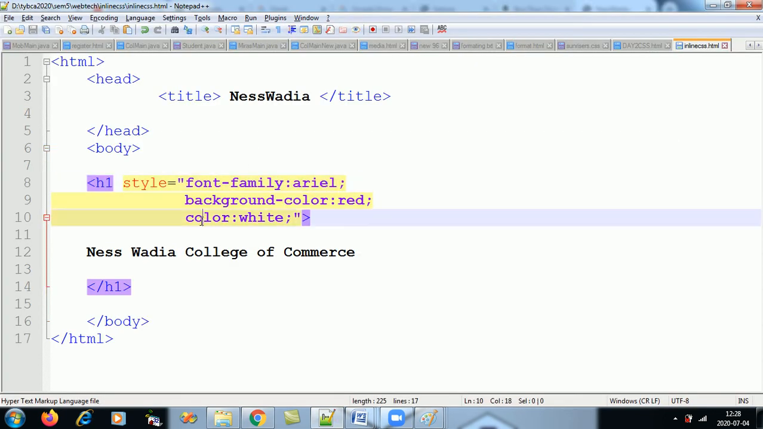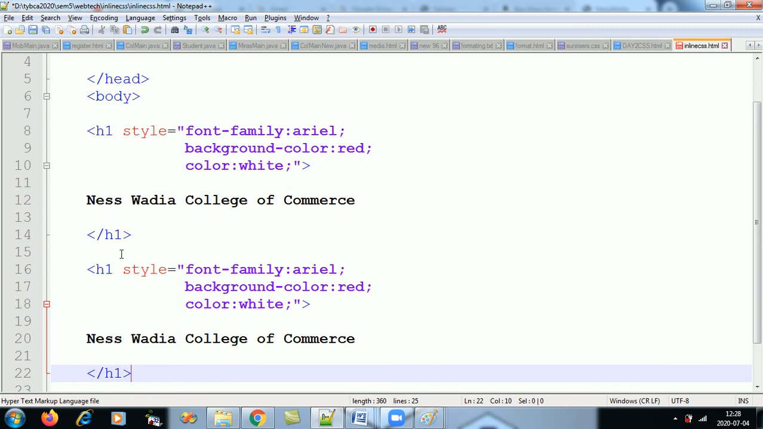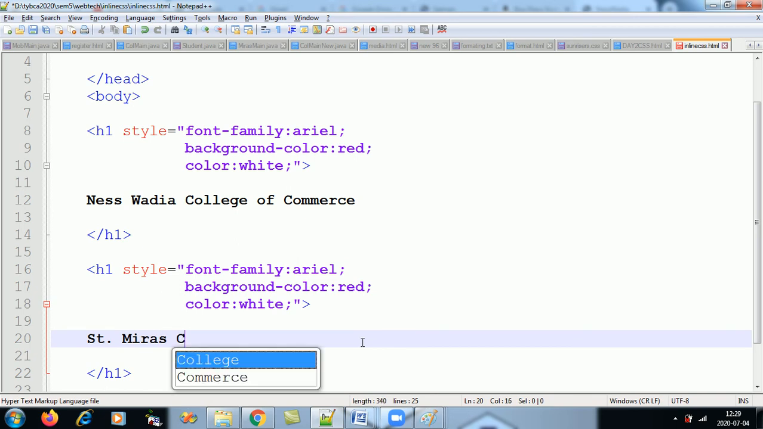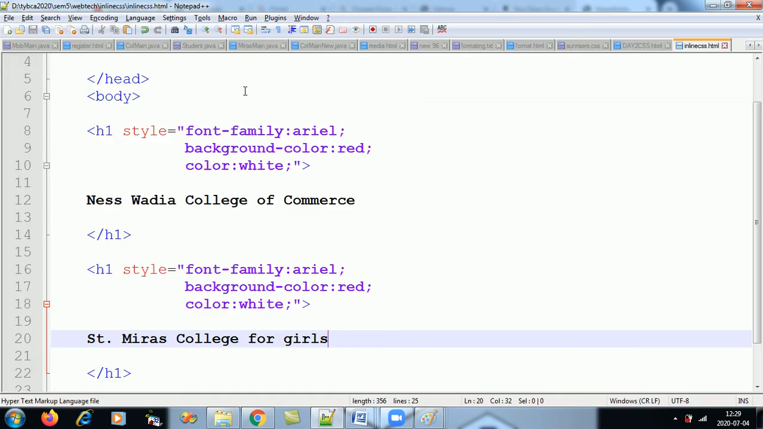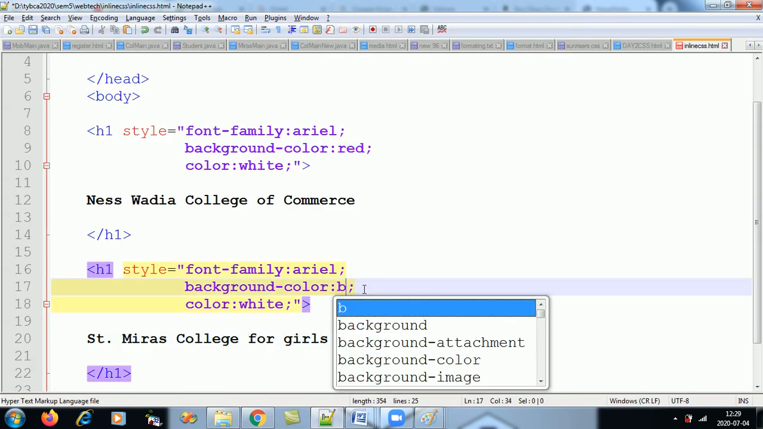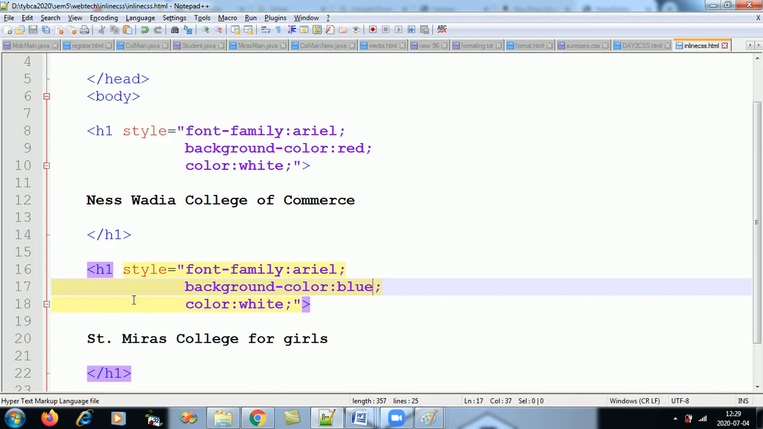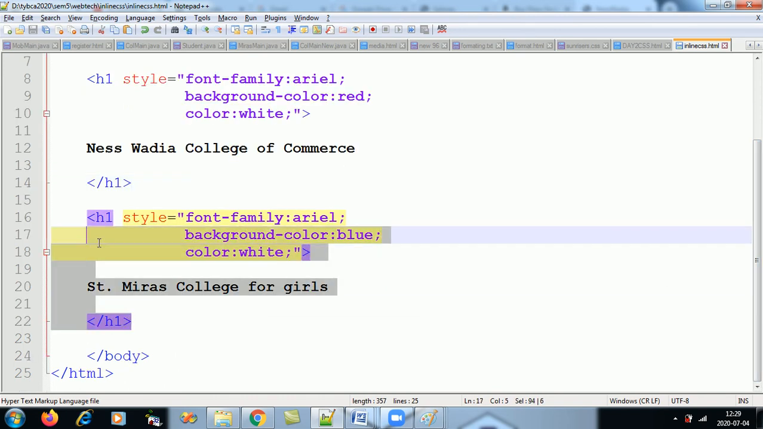Okay, so similarly, now if I want to print another college name also, let's say St. Mira's College for Girls, then I'll give H1 St. Mira's College for Girls, and if I save this, it will also take the effect. Clear? But if I want to change the strip of Saint Mira from red to blue, then again I'll say, making sense. So inline CSS is wherever you are giving the element, there itself you give the styles for that